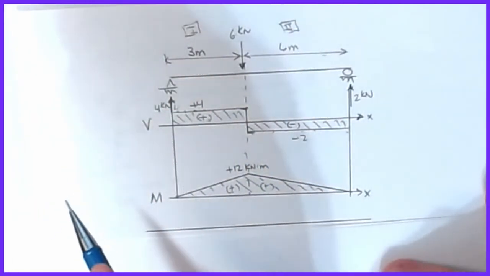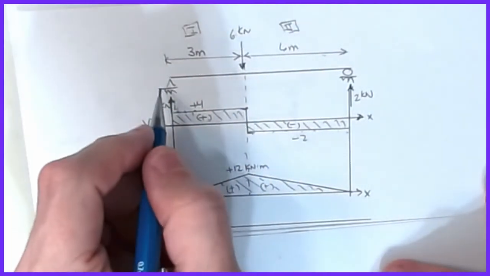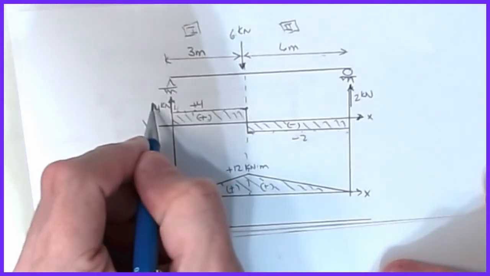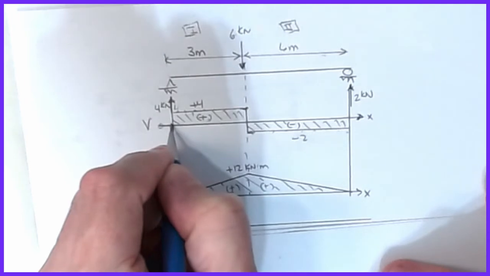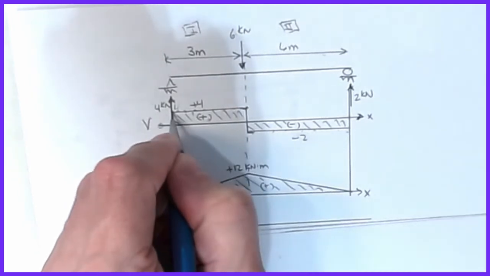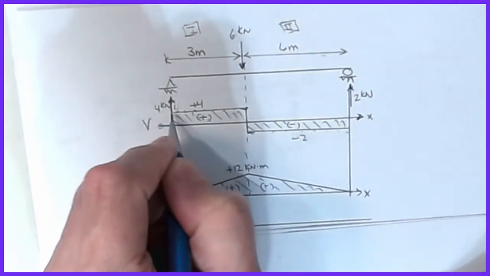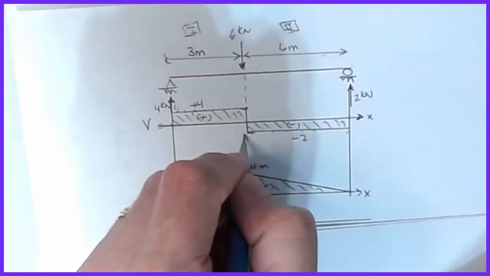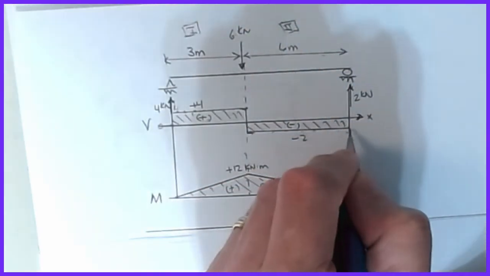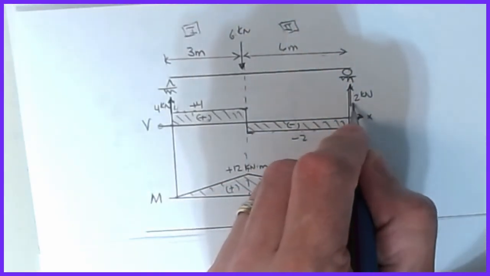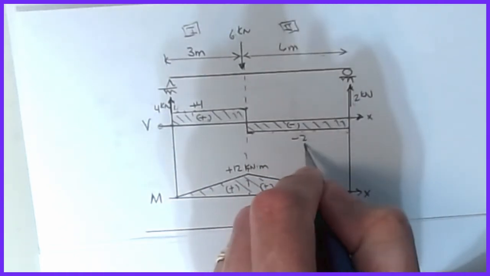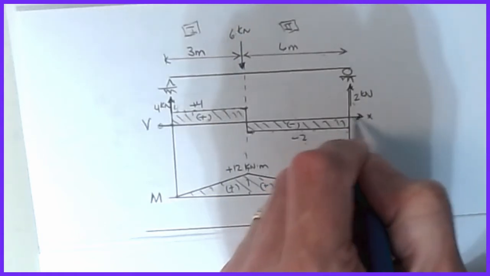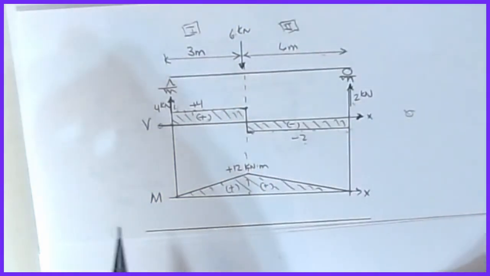But it also works for the support reactions. The support reaction at A was a positive 4. So if I assume I start out at 0 and I come across and hit that first reaction, it jumps me up to positive 4. Then I'm constant all the way across, and then I jump down because of that point load, and then I come across, and look, I have another reaction here. It's a 2 kilonewton force in the upward direction. So I was at minus 2, I add positive 2, and now I'm back at 0